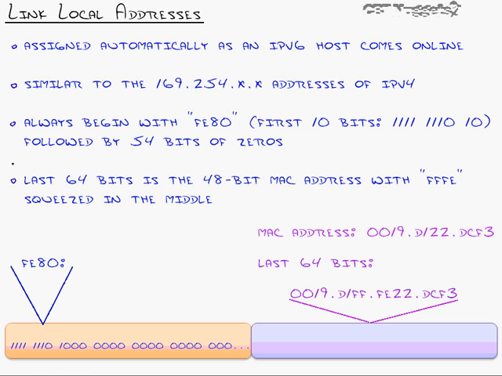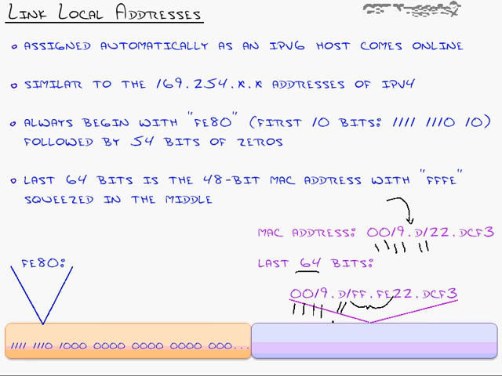The last 64 bits is the 48-bit MAC address from the host, whatever host this is being generated on, followed by, or I should say, squished between FFFE, or that is squeezed in the middle. It's hard to say that because here's the idea. Let's say we've got a host with this MAC address. Well, that's 48 bits, but we need 64 to complete the 128-bit IP address. So what the last 64 bits will be is first 4 of the MAC address, 0019. Second 2, D1. And then for some reason, the designers and the powers that be decided to squeeze FFFE